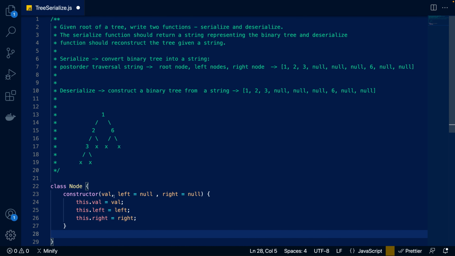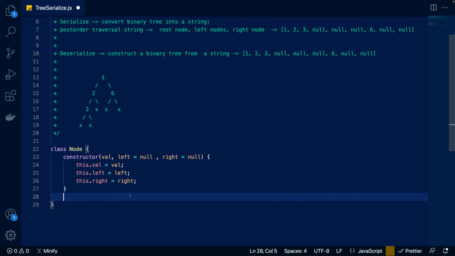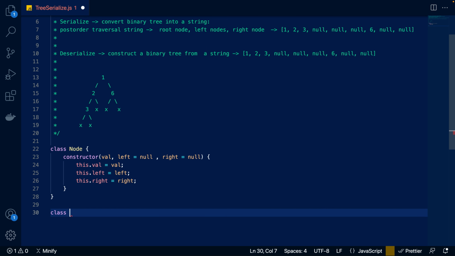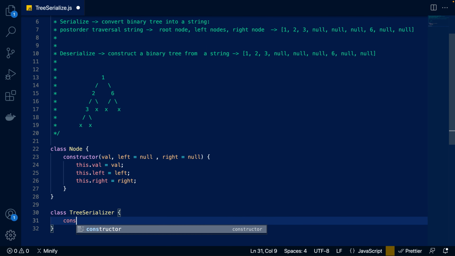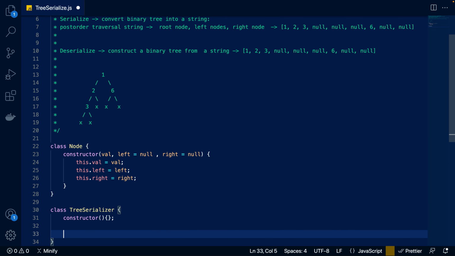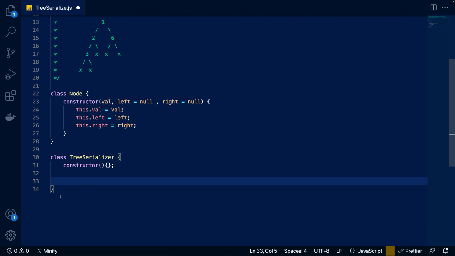And now that we have this, let's look at the second part of the problem. Now this would allow us to initialize nodes, node objects. Now let's also create a class and let's call it tree serializer, right? And that class would again have a constructor, and that constructor would for now, let's say, won't have anything. We'll get back to it if we ever want to add something, but it would obviously have a function,